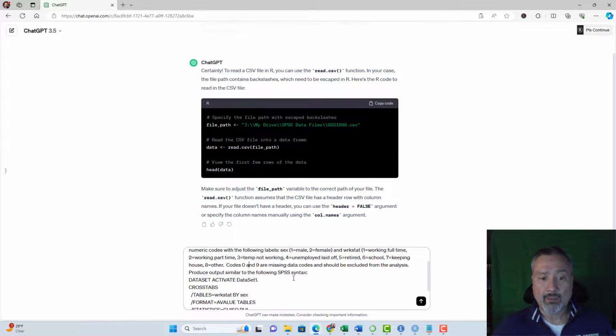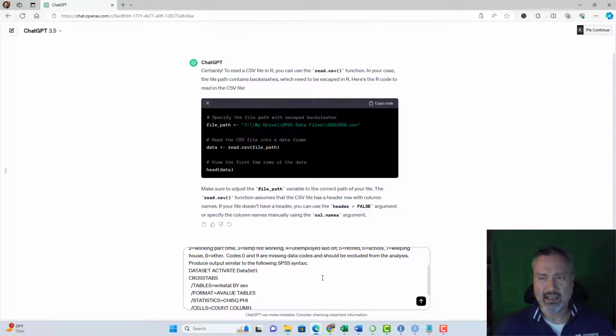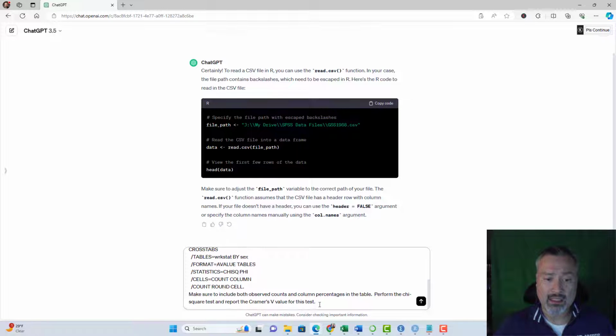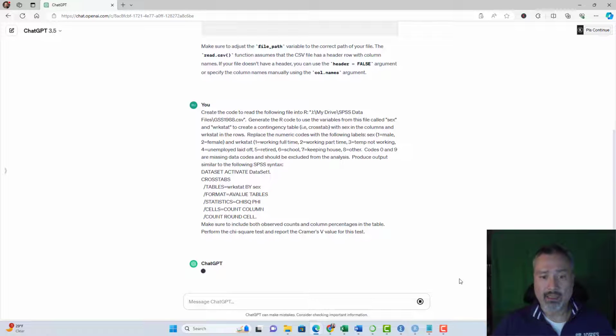And then we're saying produce output similar to the following SPSS syntax. ChatGPT seems to understand that, at least in part. That's basically the SPSS syntax we used to create the output that we did in SPSS. Make sure to include both observed counts and column percentages in the table. Perform the chi-square test and report the Cramer's V value for this test. So I'm just basically explaining to ChatGPT what I want. I send the message,